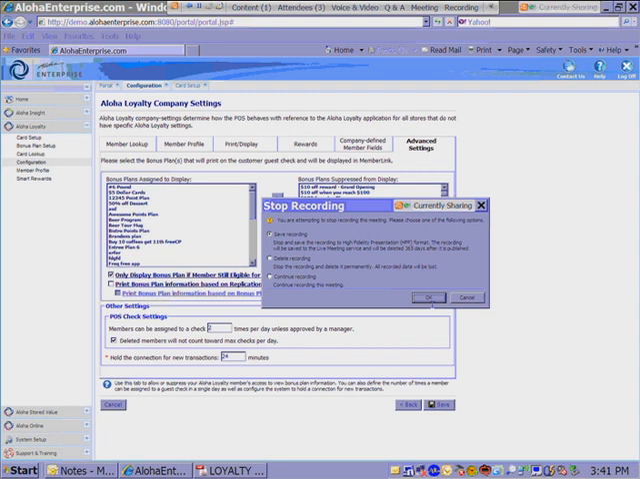Another option here is POS check settings. Member can be assigned to a check 2 times per day unless approved by a manager. Now this is just a security measure for you. A lot of people like to use this. So the idea behind this is, you never know, you might have an employee who thinks they're smarter than you and they think that they're going to mysteriously assign a card to themselves or some random mysterious person, and they're going to swipe this